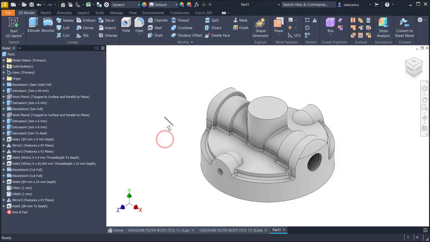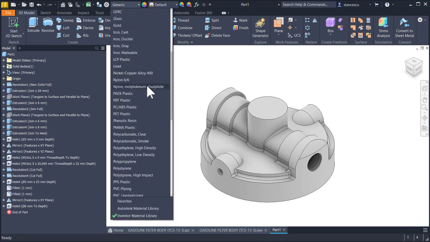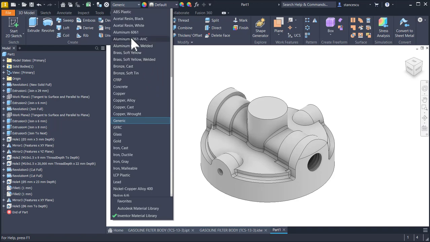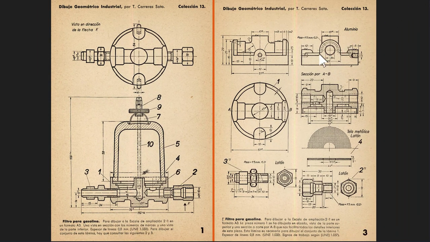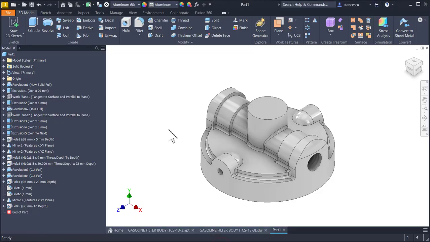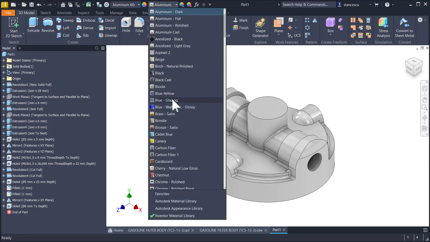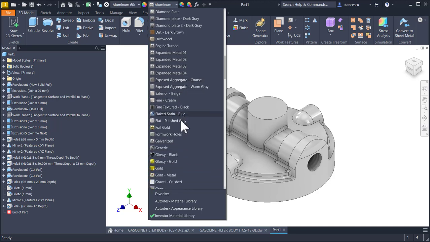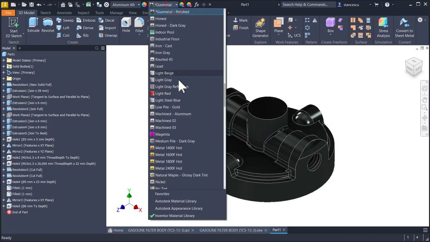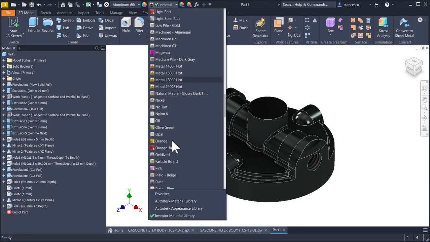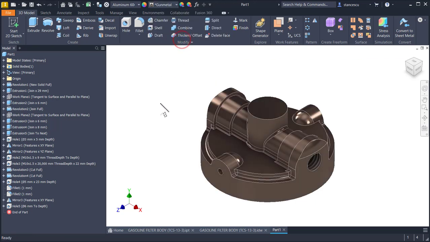Now I apply material, which is aluminum, for this part, you see here aluminio, yes, and I want to apply a special appearance which is gunmetal polished, but not antique polished, yes, and then we add